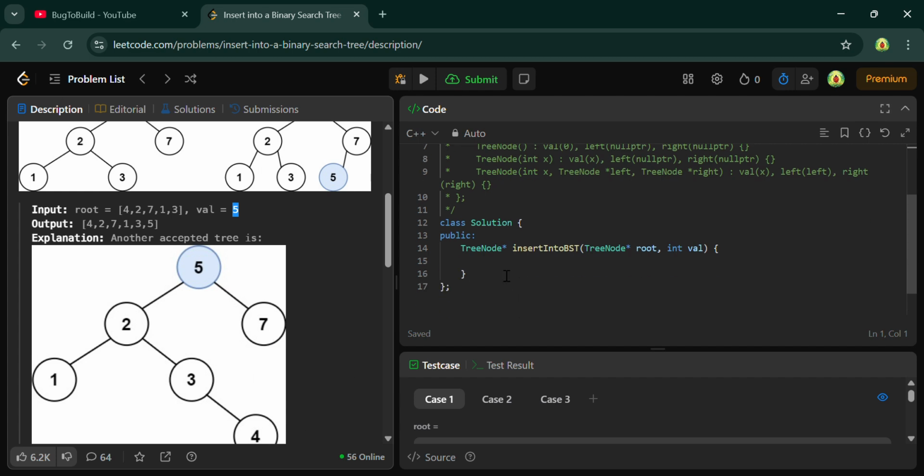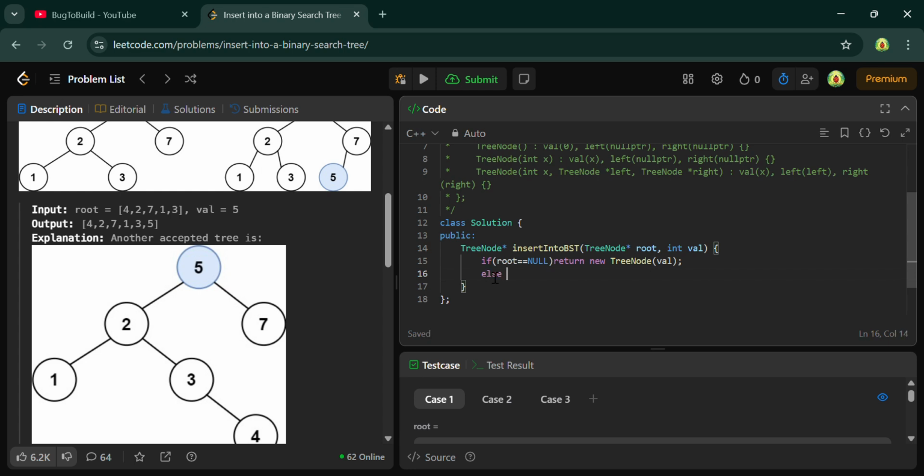So let's do it. First, you have to check whether the root is null. If root is equal to null, then you just create and return a new tree node with val.